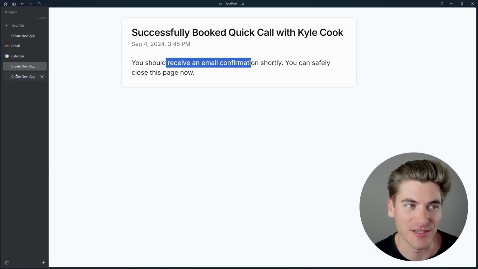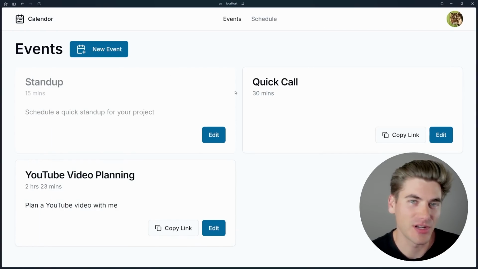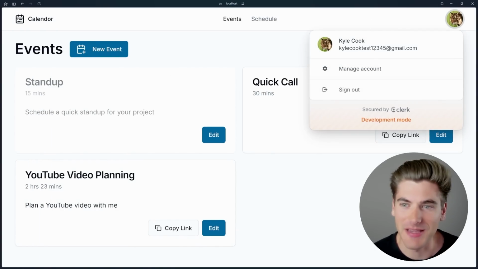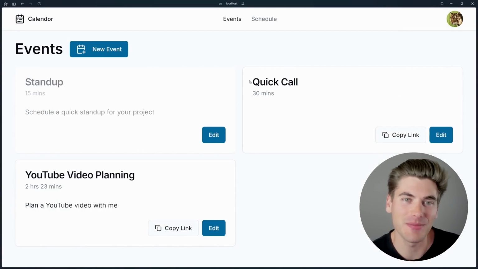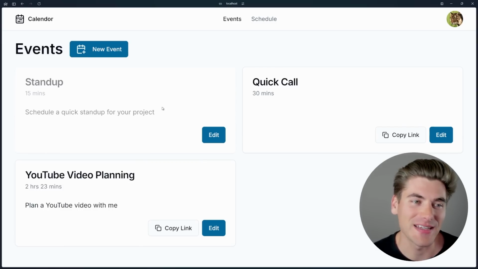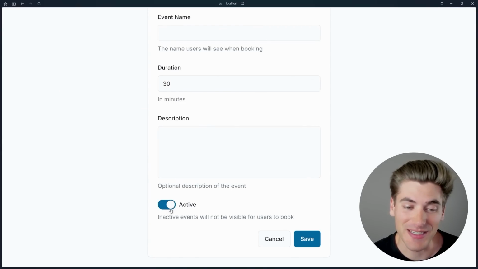So in this video, you're going to learn how to build all of this using Next.js with the latest and greatest features, and we're going to be using Clerk for our authentication, which gives us amazing features for managing our user account. We're going to be using Postgres and Neon for our database with Drizzle as our ORM, and we're going to use Tailwind CSS and ShadCN to style everything, and that's because it makes it really easy to style things like